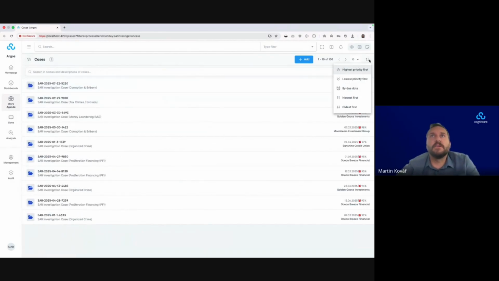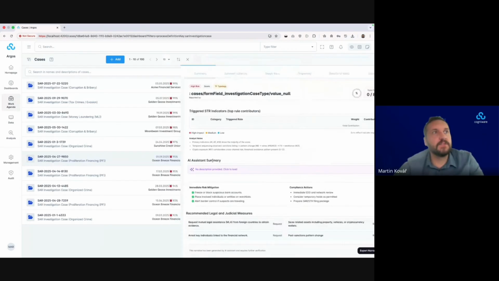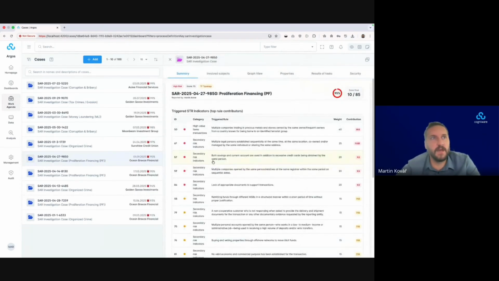As you can see here, you can sort by highest priority, lowest priority, due date, and so on. Now, what strikes you probably the most here is the score or priority level that the cases are sorted by. This is calculated automatically by the engine by running various rules and pattern queries that Dominic briefly showed you.